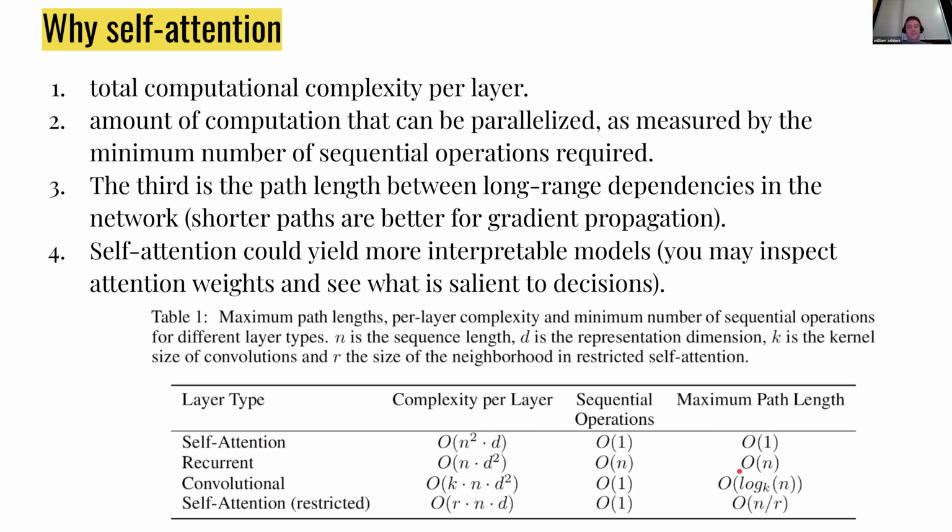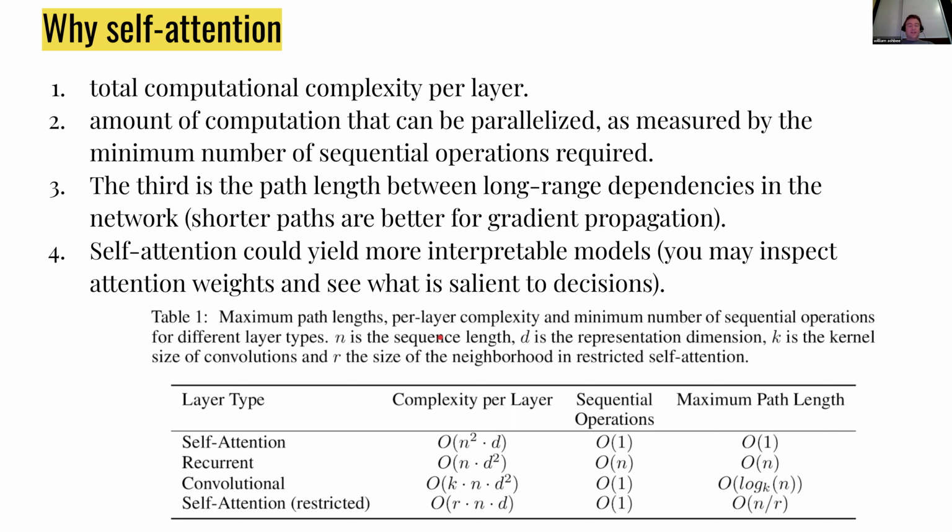Recurrence, I don't think it's too controversial to say that backpropagation through time has limitations. So if you have things that are far away in time, then recurrence has a kind of cap on how useful it is, even with an LSTM. Convolutions, their path length is determined by the number of filters, I believe, or the sequence length, sorry. But